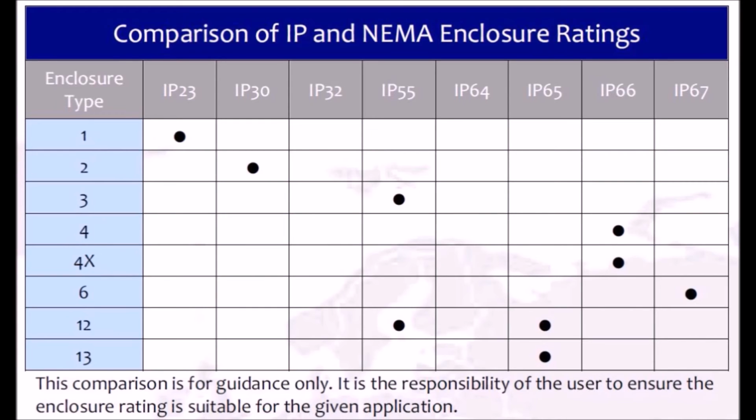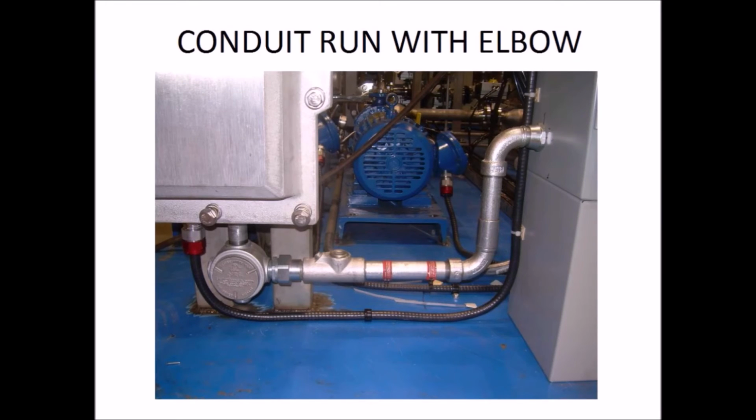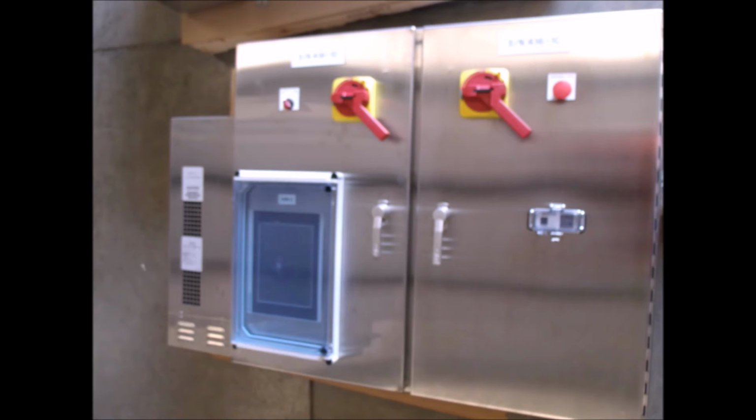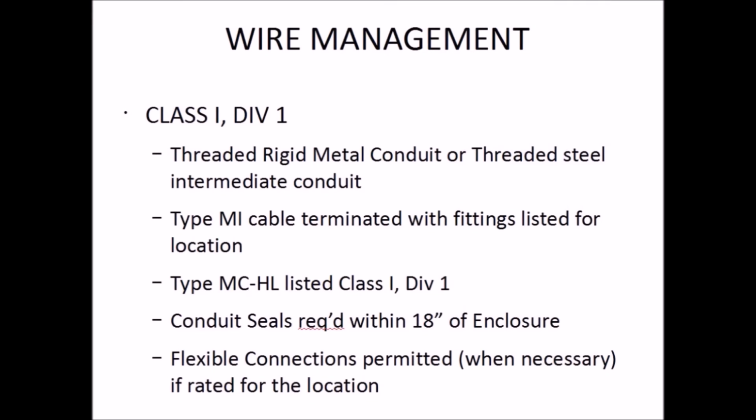Any penetrations must meet or exceed the same NEMA rating. For example, with a NEMA 12 push button used in a NEMA 4 enclosure, the enclosure rating is reduced to NEMA 12. Wire management. In a Class 1 Div 1 area, threaded rigid metal conduit or threaded steel intermediate conduit,